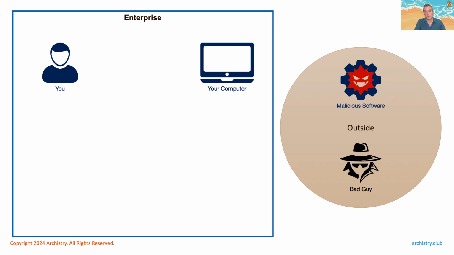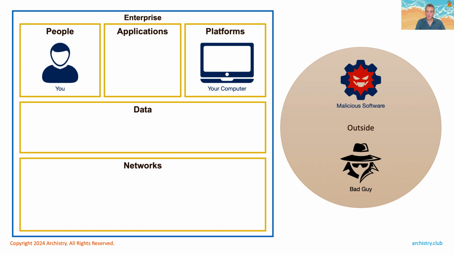This is a conceptual model of the organization so that we can think about how we can prevent this malicious software from getting onto our computers inside our environment. First thing we're going to do is divide it up into these standard domain patterns. The first ones are people, applications, platforms, data, and networks. These are not all of the standard patterns that I use, but these are enough to help us talk about what we're going to talk about right now.